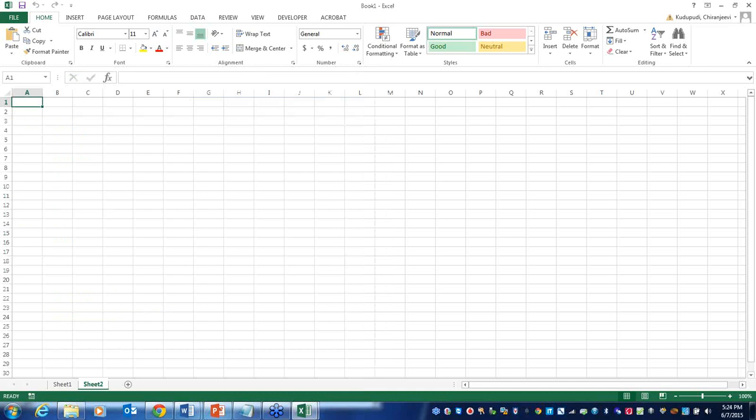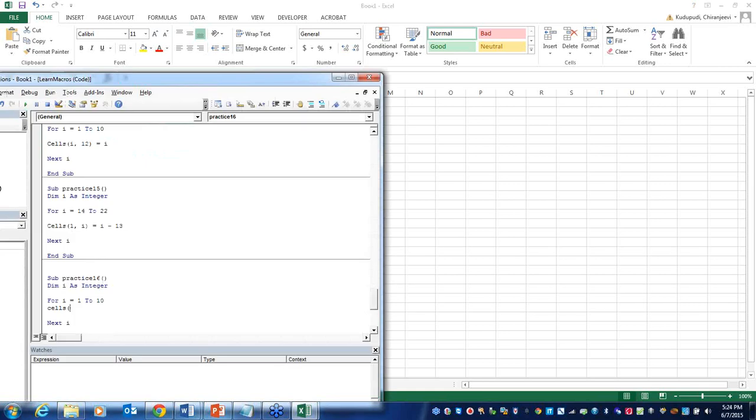I want the first value 1 in the A1 cell, the second value 2 in the B2 cell, 3 in the C3 cell, and 4 here, 5 here, like that up to 10. So what is my row number here? The row number is not constant, and the column number is also not constant. They keep on changing, so my row number is I and the column number is also I, close bracket